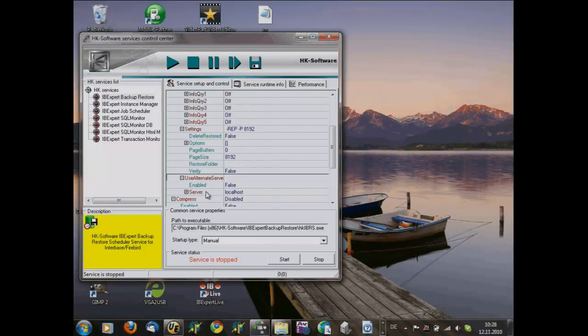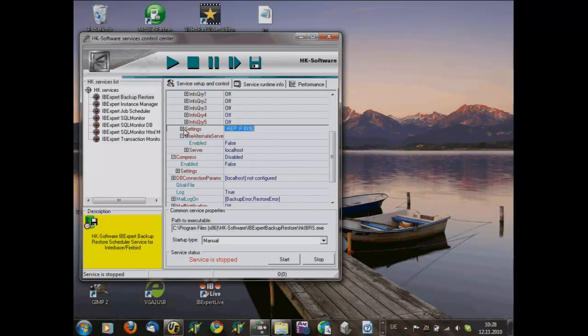Here you can set up that it should use the restore on an alternate server, which is really easy when you have, for example, an end user environment, where you simply want to have a backup every hour and a restore every hour on a second computer, to simply have the possibility if the main server fails working, you can directly work on the backup server without any tricky clustering or whatever technology you need. So this can be automated.